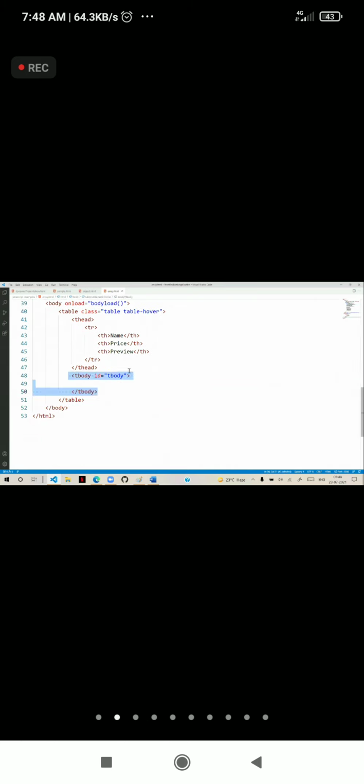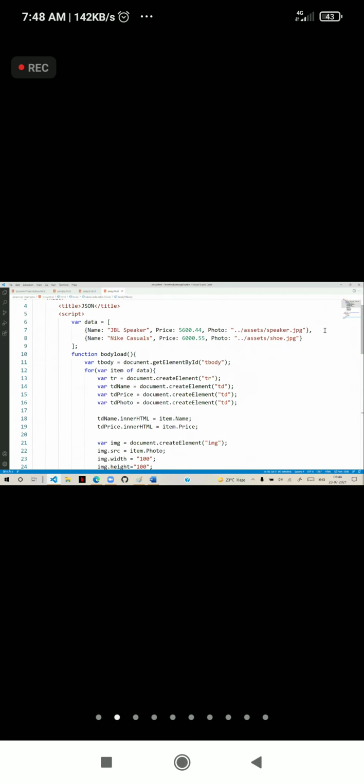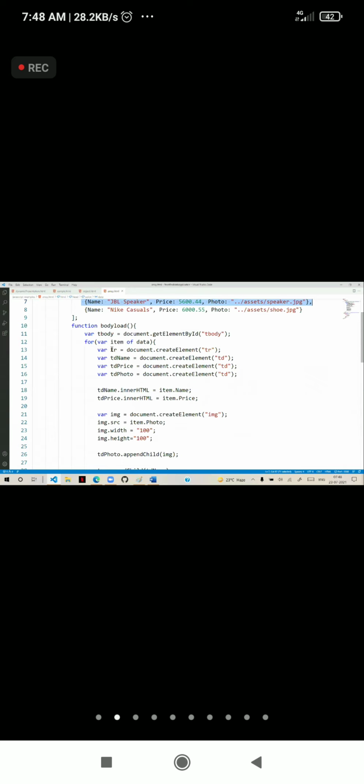Inside the body, what will we have? Table row and table data. Then we have to generate a row for every record, right? Yes, sir. That's the reason we created a row, TR. In that row, there will be table data, na? Yes, sir. We are generating the table data. We are creating 3 cells. Understood?